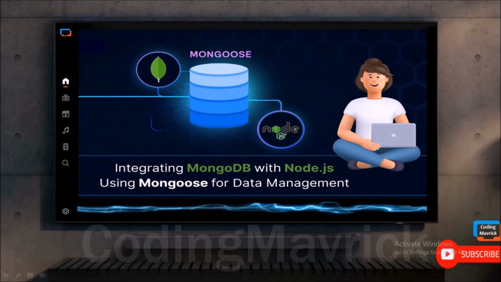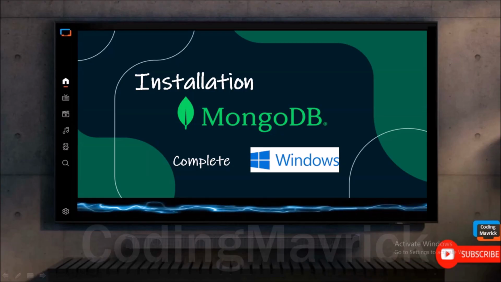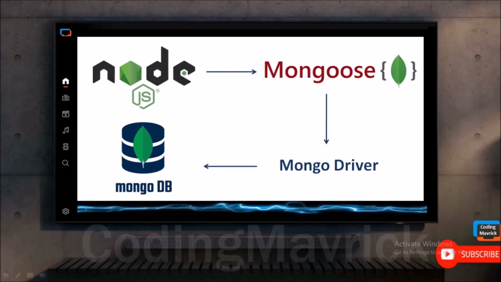We will start from absolute zero, so even if MongoDB is completely new to you, you are in the right place. We will perform complete installation of MongoDB on Windows and will learn how to use MongoDB Compass. Then we will connect the Node.js microservice to MongoDB. We will create a Mongoose model. We'll update our route to use MongoDB and we'll test our microservice on Thunder Client.